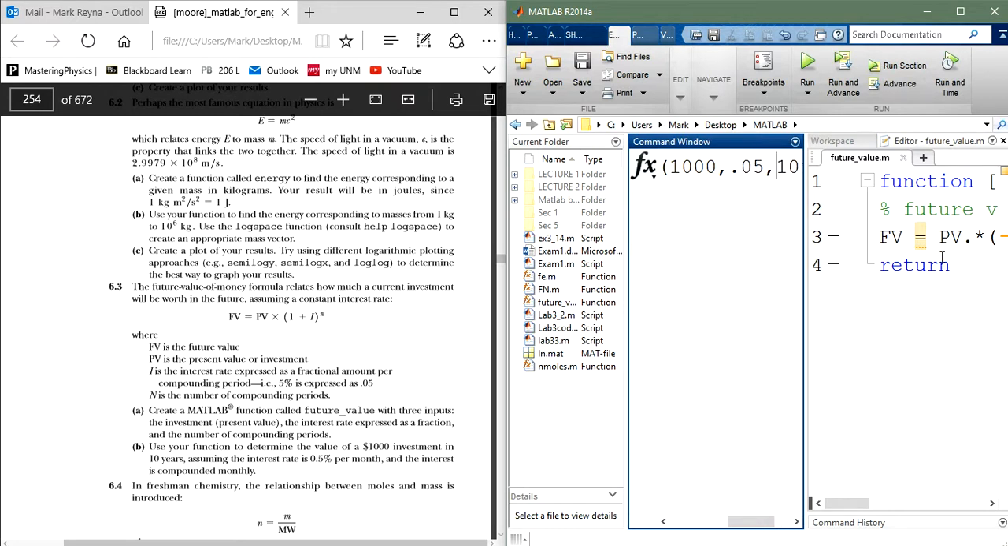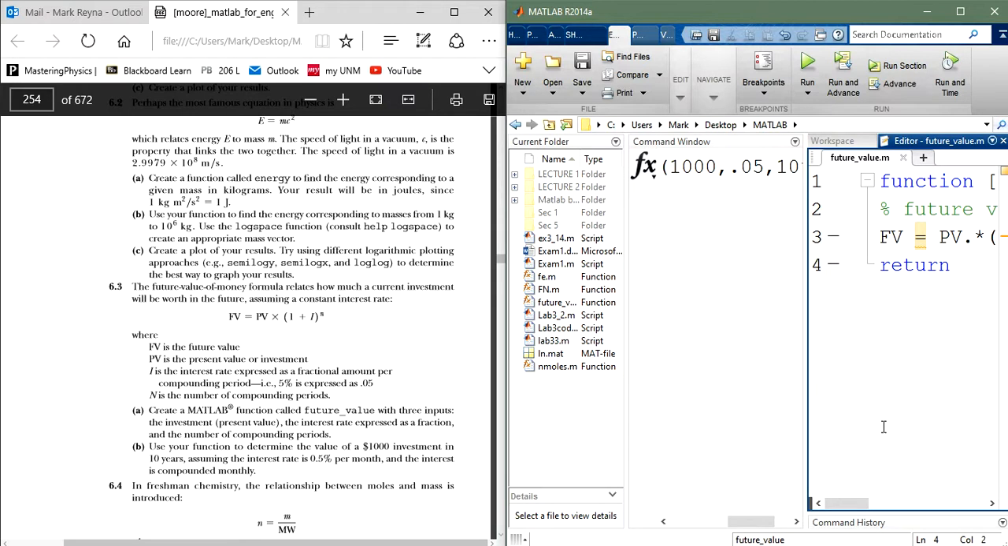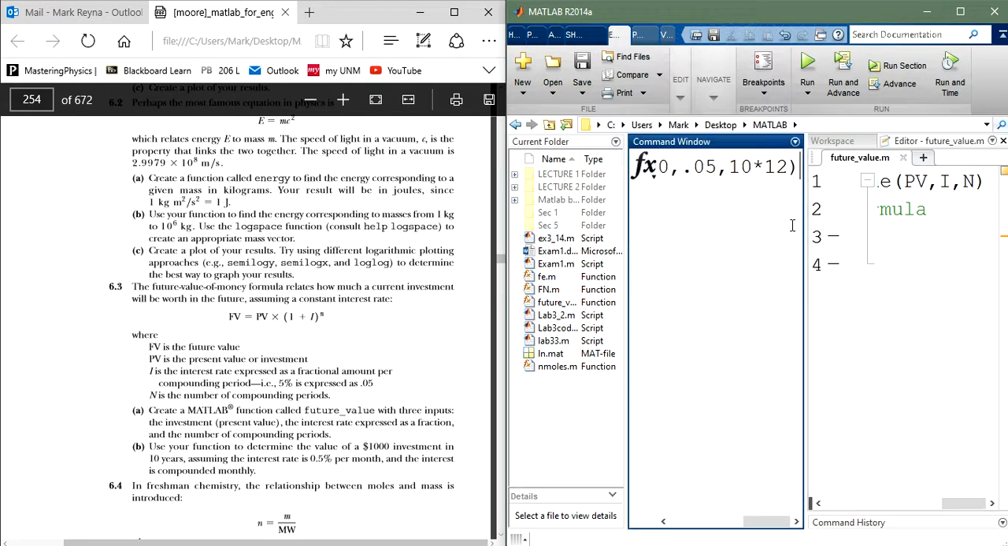The reason I put that in the middle is because over here you can see that our first place is reserved for the present value, our second place is reserved for the interest rate, and our last place is reserved for the number of compounding periods. So I press this and I get 2 answers, both of them the same, and that is because I didn't